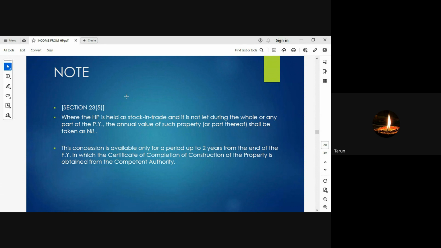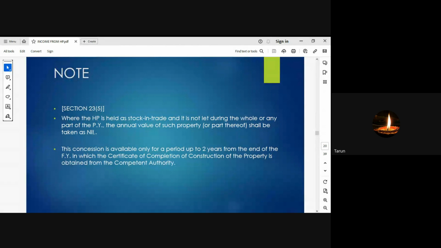If the question already states that the house has been purchased and is under construction, and that the construction process will be completed in a particular year, then while calculating from when you purchased the property till the construction is completed, if it is within 2 years, the owner has completed its construction, and the concession is to be granted by the competent authority. The fees concession is to be granted by the competent authority, but if the construction has not been completed and took above 2 years,